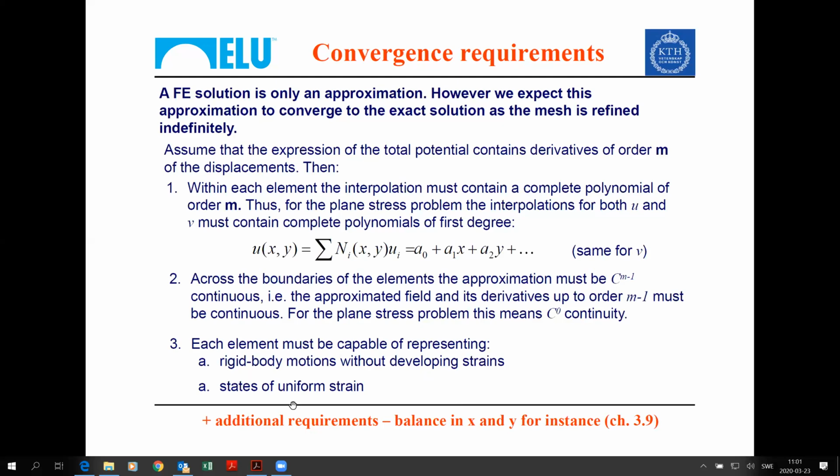So this is the reasoning behind this requirement. Then we have additional requirements. For instance, we would like to have balance in X and Y. So